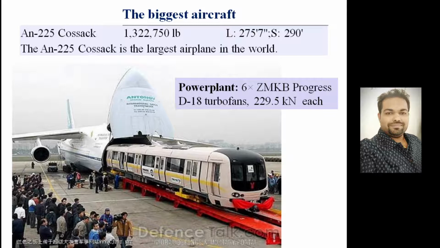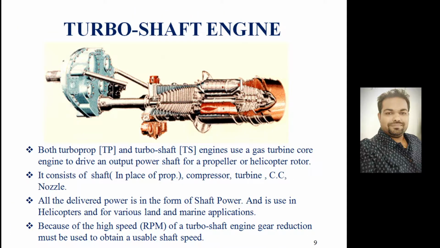So this is particularly used for transporting heavy vehicles, like you can transport cars, heavy trucks, tanks, weaponry from one place to another place. And this is one example in the picture you are seeing: this is basically a train coach. Engines and complete train coaches can also be put inside the Antonov Mriya and transported to any place in the world. This is the biggest aircraft ever built. This is one of the famous examples of a turbofan engine.